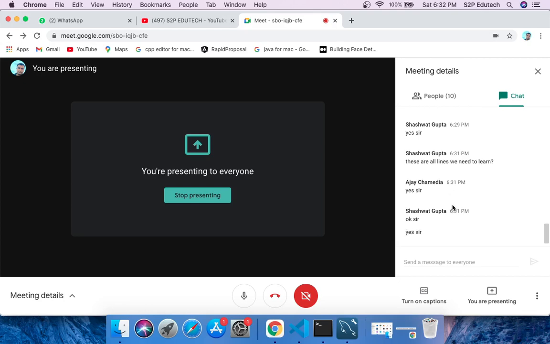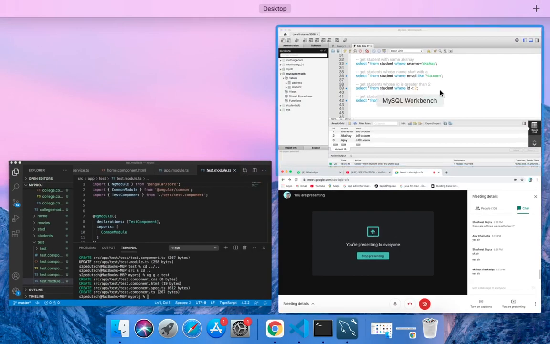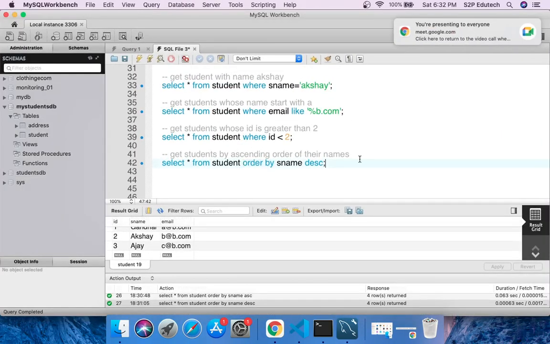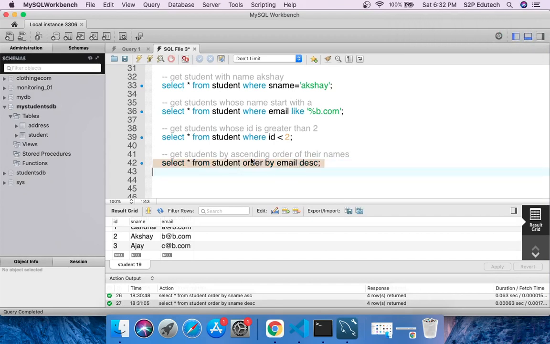So, understood order by? What is the job of the order by clause? The job of the order by clause is to fetch the data either in ascending order or in descending order. It is also called a sorting process. Let's say you have to sort by email in descending order. So we'll say order by email descending.